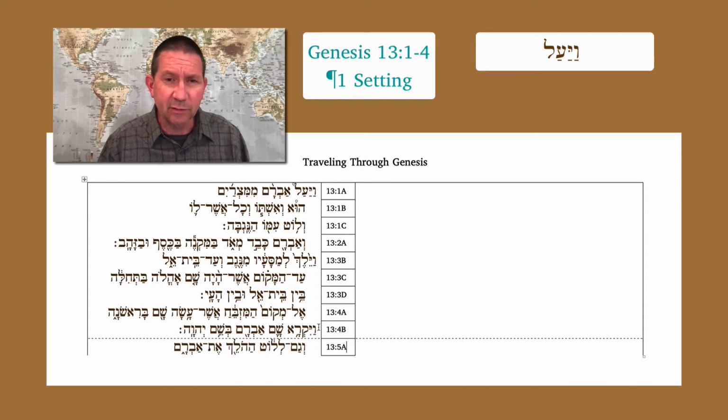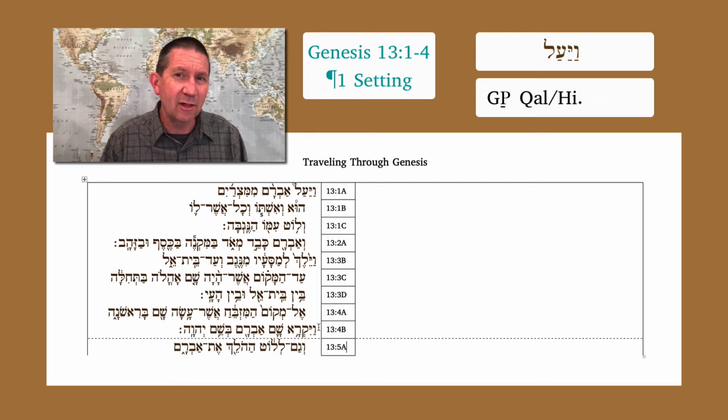Usually we see a patach under the prefix and we think hifil, and we look more closely at this word and we say, but the first radical is a guttural, and so the kal could also give us a patach under the prefix. So how will we tell which one it is? How will we tell if it's kal or if it's hifil when the form would be identical? Well, then we need to count direct objects because the hifil always has one more direct object than the kal does.